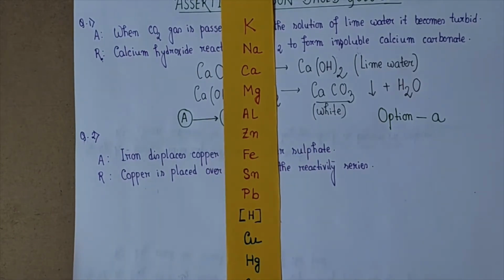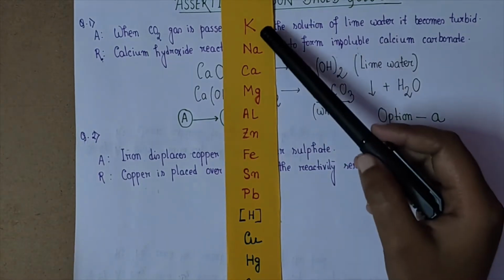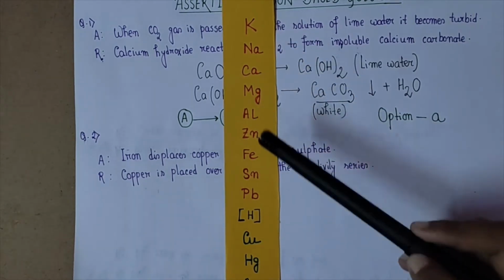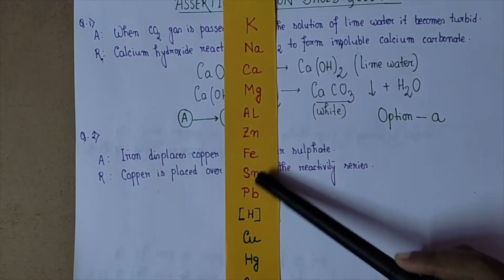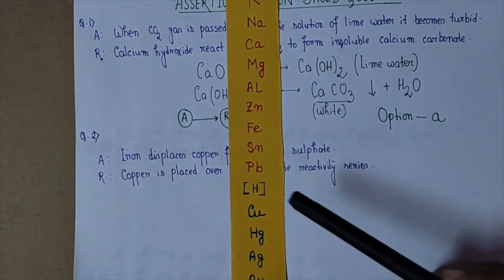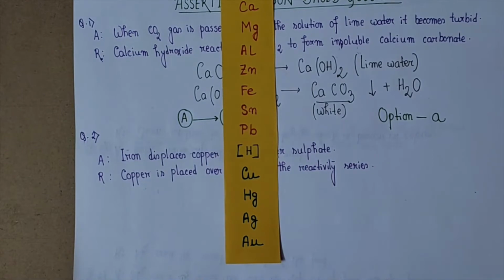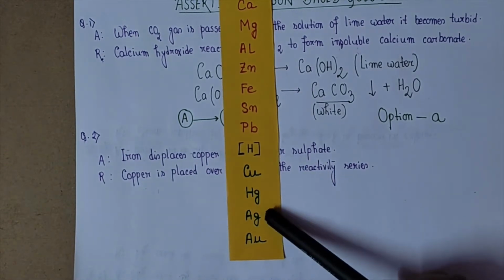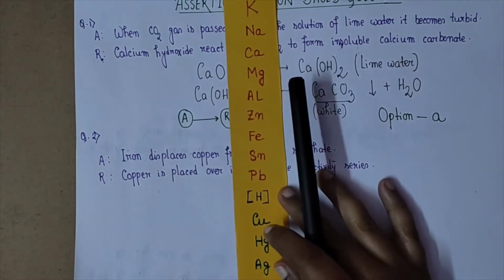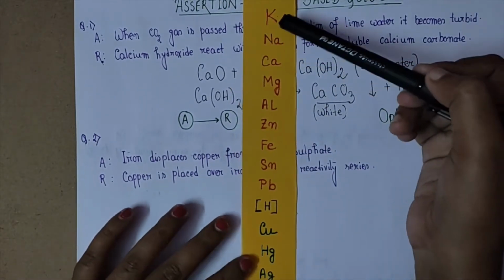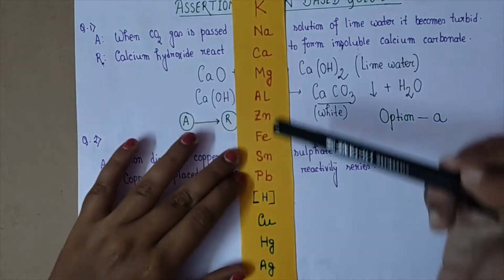Here the metals are placed in a series in order of their decreasing reactivity. That means the first element, as you can see, is potassium, then sodium, calcium, magnesium, aluminium, zinc, iron, tin, lead, then hydrogen, after that copper, mercury, silver, and gold. So as we move down the series from potassium to gold,